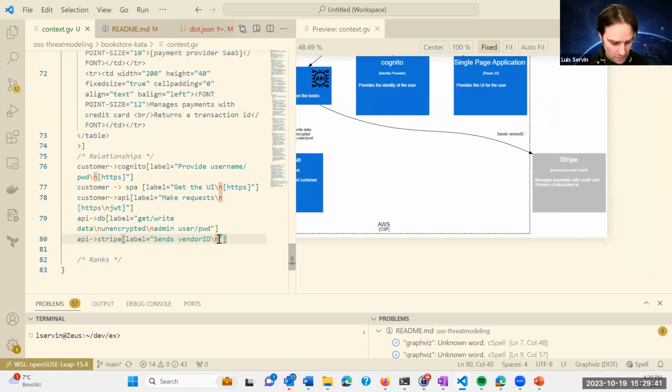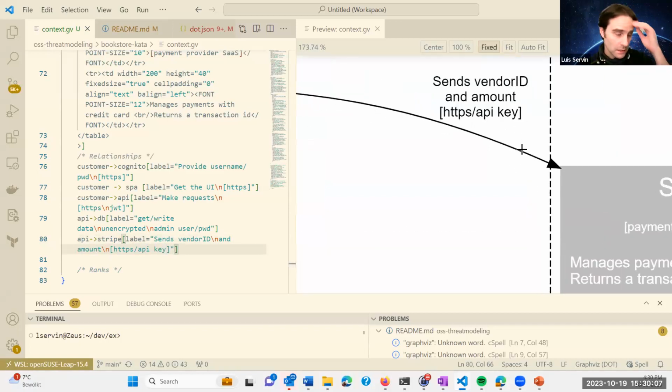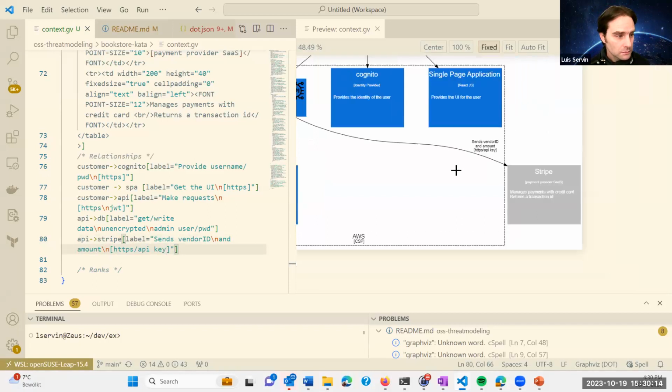What else does it do? It sends the vendor ID and the amount. Sends the vendor ID and the amount. This is an HTTPS connection with an API key. At least that's how in my mind it works. I have no idea exactly how Stripe works, but I am assuming here that Stripe works this way. Now,